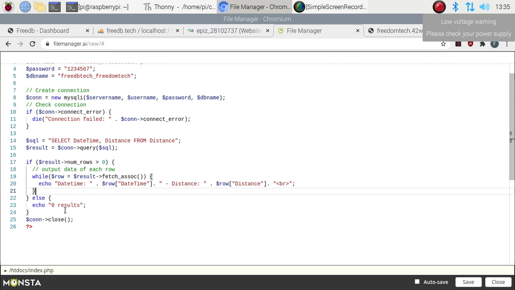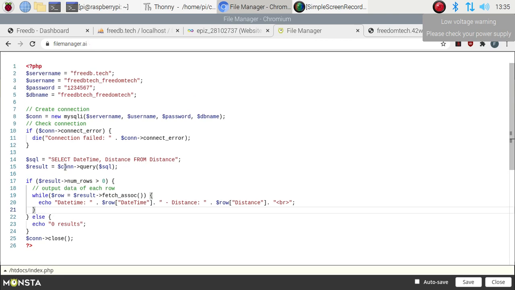Then again we just want to close the connection. So this is the script, and I will mention the script. You just want to change it with your fields, your database name, your username, and your password. Then don't change anything else. Again I will explain: just change the server name, username, password, and DB name.